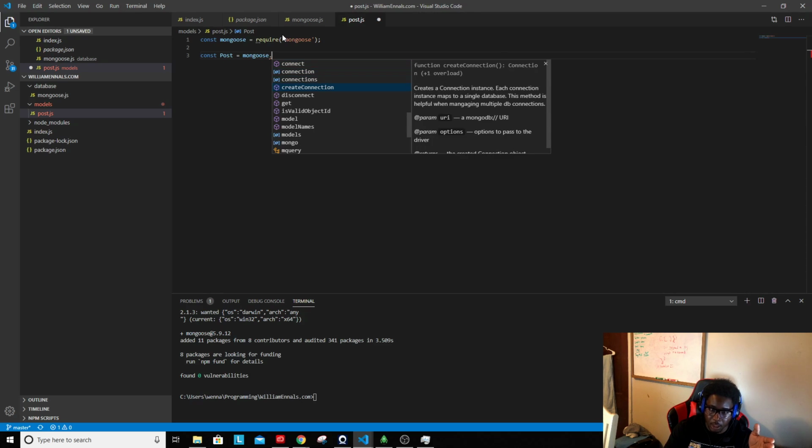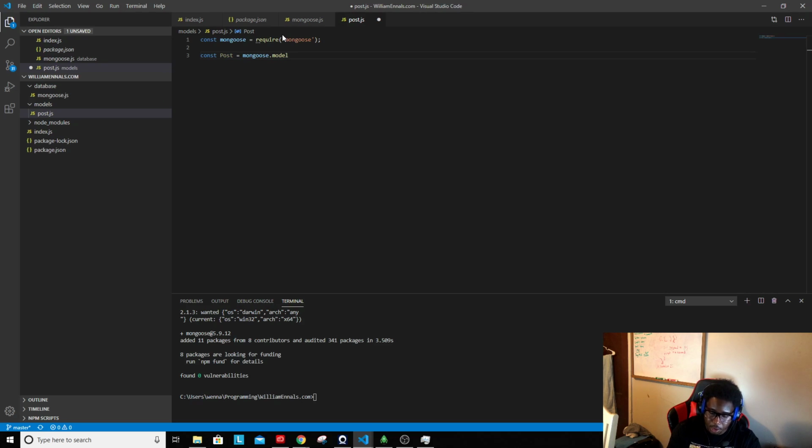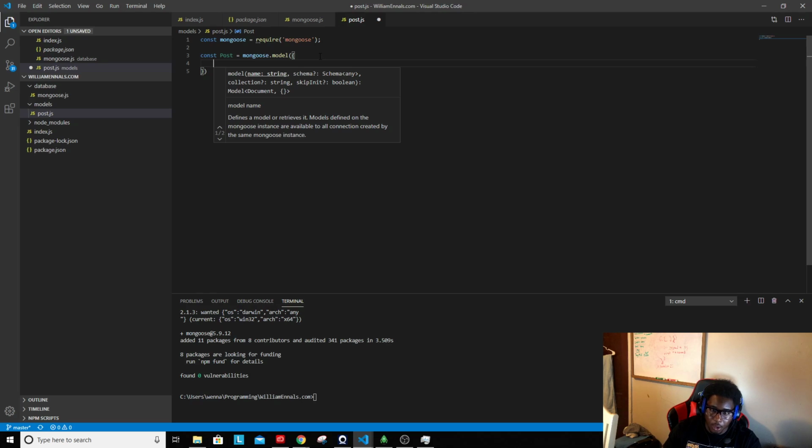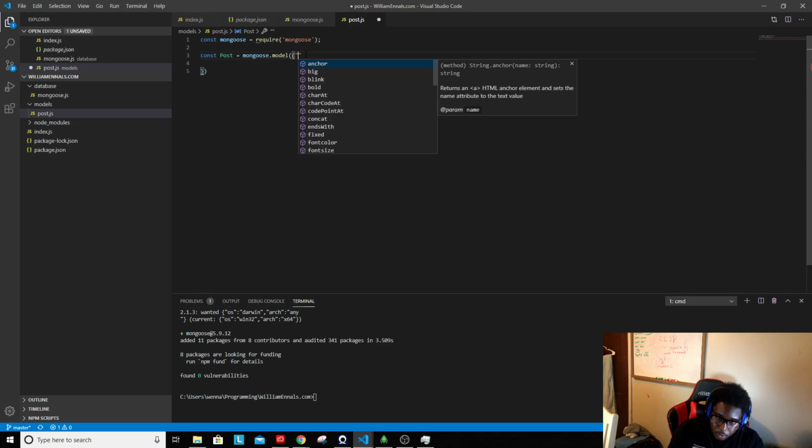Now that we already have a connection to the database, we need to create our model, which is here. This is where we define our model, and this is how we describe all of the data that's going in that database. As you see here, this is the name, and then there's all this optional stuff after that. So the name is going to be post,